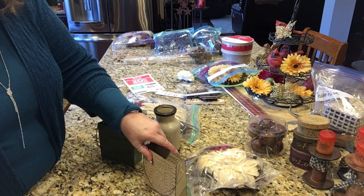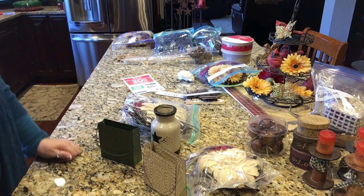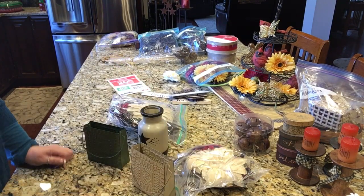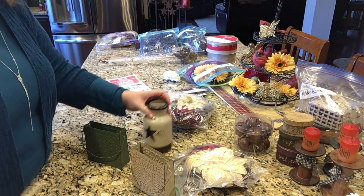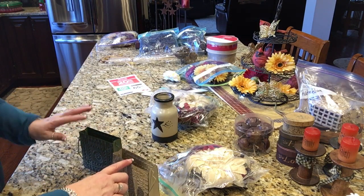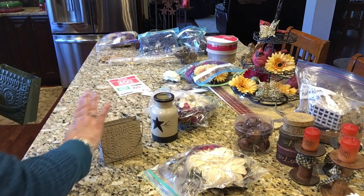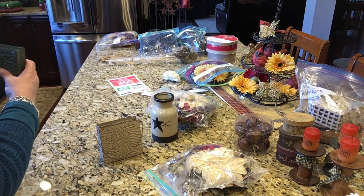And here I am with the 3 little containers that I used to decorate my 3 big windows behind me here in the kitchen. As you can see, I put these away. It says kitchen window, and kitchen window. And I know there's more in this, so I know this goes with this. I make these 2 to sit offset of one another, so I need the decor to come out this side of the right-hand window and